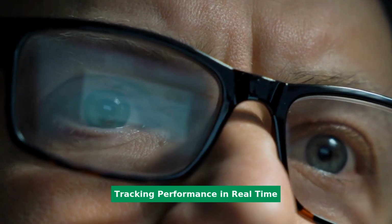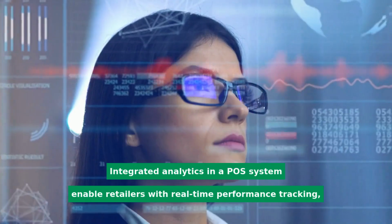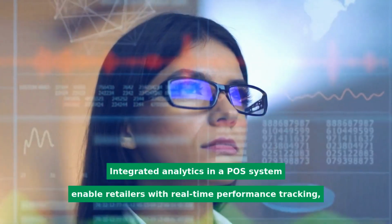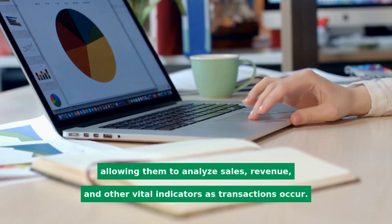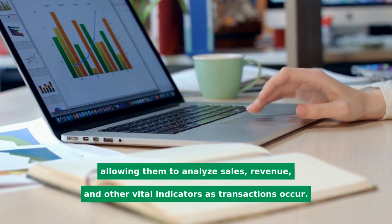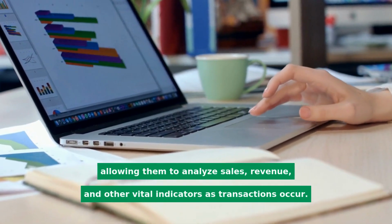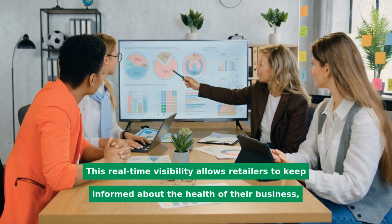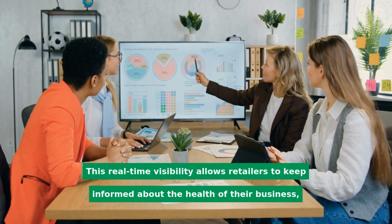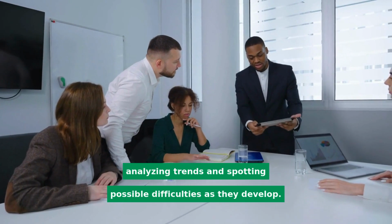Tracking performance in real time. Integrated analytics in a POS system enable retailers with real-time performance tracking, allowing them to analyze sales, revenue, and other vital indicators as transactions occur. This real-time visibility allows retailers to keep informed about the health of their business, analyzing trends and spotting possible difficulties